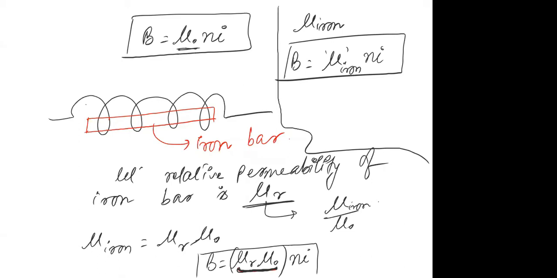We move to one another form of the solenoid, which is called the toroidal solenoid, and this is the last topic related to Ampere's circuital law. After this, we are going to start the force on a charged particle. So we will discuss magnetic force on a charged particle today. But before that, we have one more topic that should be talked about, and that is the toroidal solenoid. Write the name of the topic.